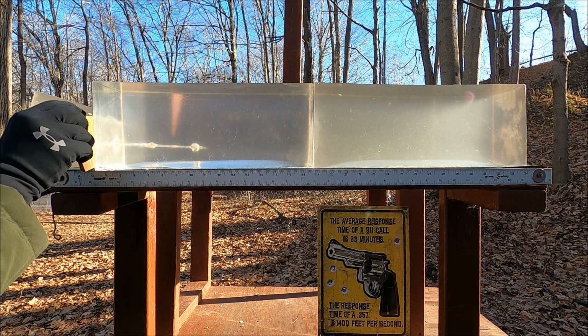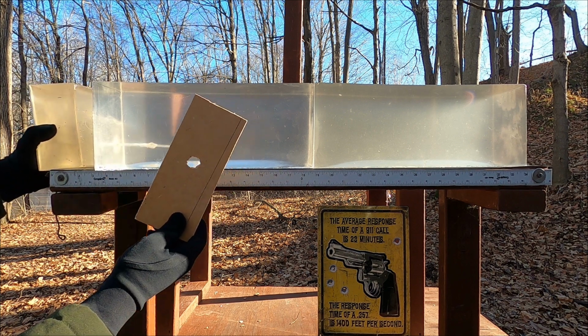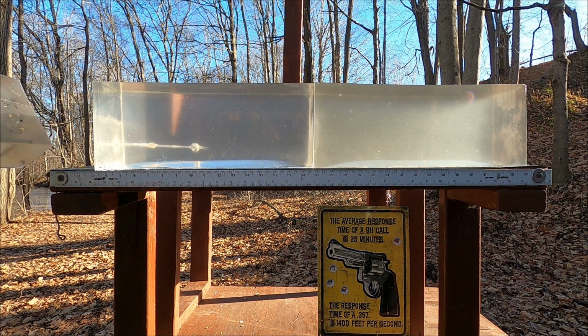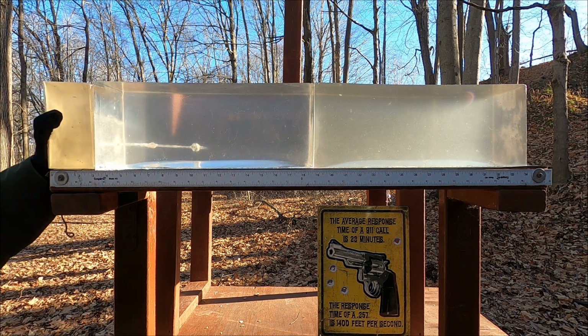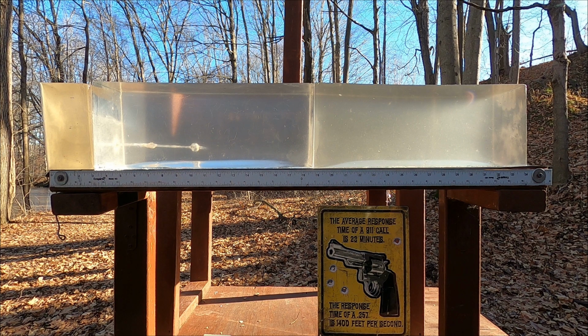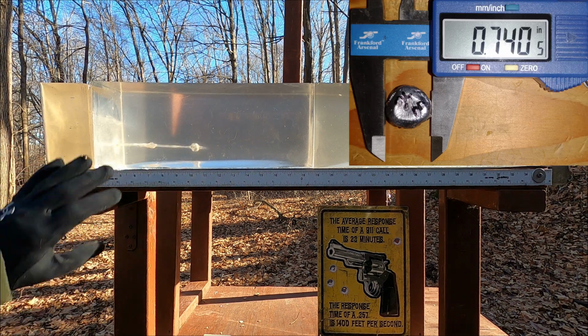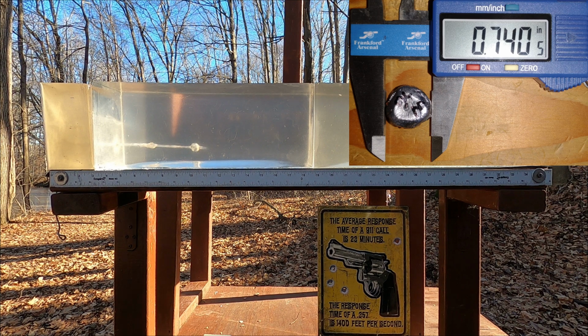So what we're seeing here is massive amount of expansion right away. So it's no surprise why we don't have a whole lot of penetration going on here. What we have is about 10.5 overall, massive expansion. We should theoretically get somewhere around 12.5 without the MDF, but let's try it without the MDF and see what